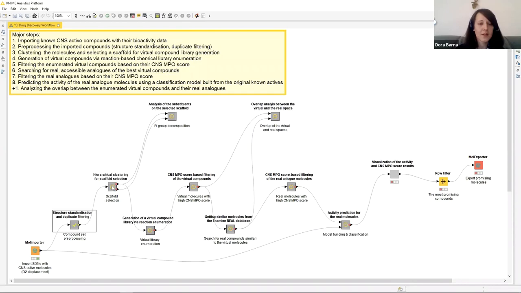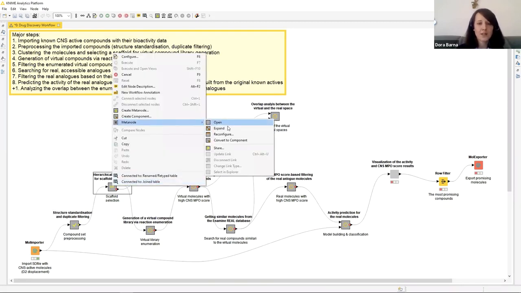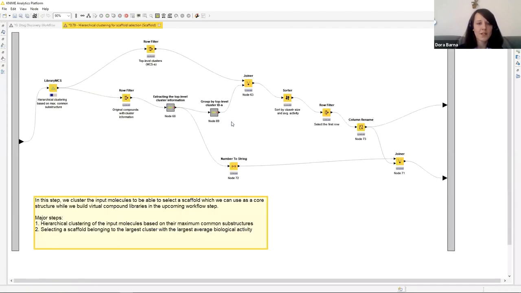And now comes the chemical clustering and the scaffold selection. So again, let's start it, and after that we can see what's behind this meta node. When the library MCS is running, we have used and built in several structure and data manipulation steps here. So the actual cheminformatics happens only in the library MCS node. Everything else was needed to extract this final top level